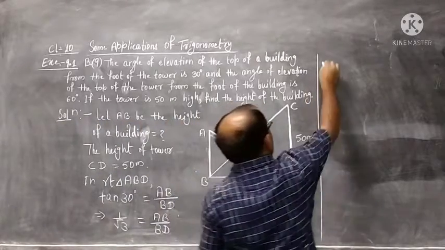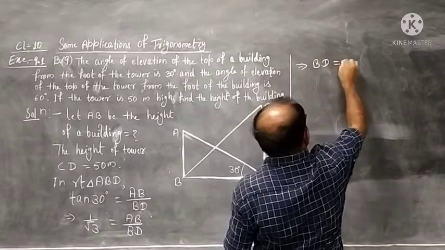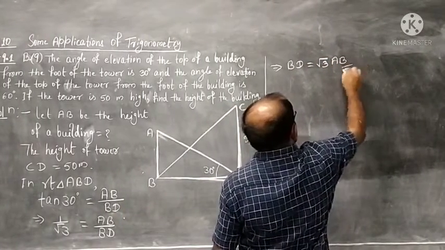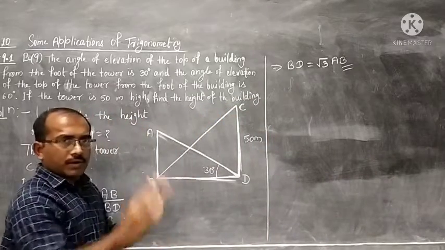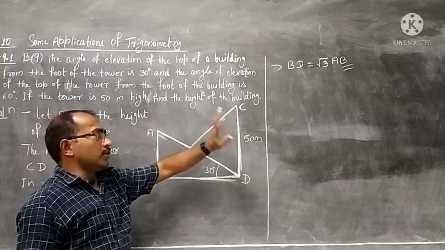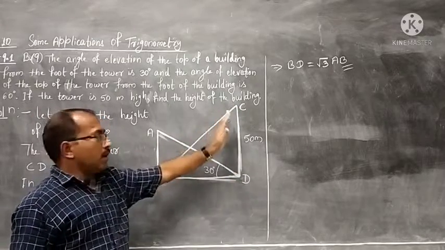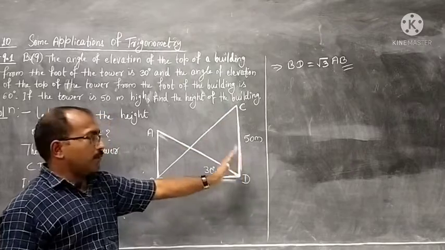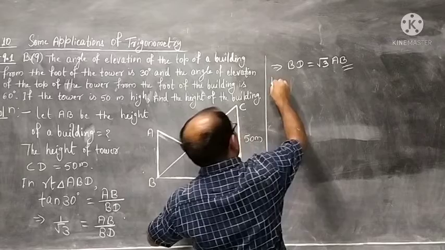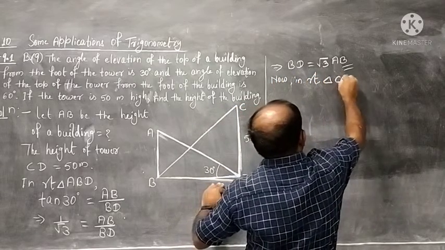So, from the first right triangle we are getting BD is equal to root 3 into AB. This is something the first right triangle has given us. We will make use of it in another right triangle when it comes in use. Let us see now another right triangle CDB. This is a right triangle. Here CD tower is perpendicular and base is BD. Let us go with the same ratio. Now we work in right triangle CBD.